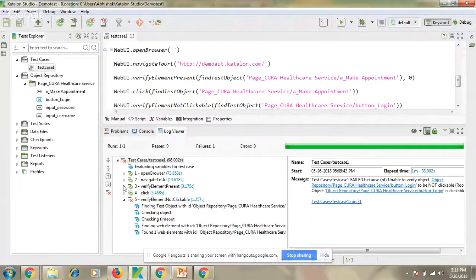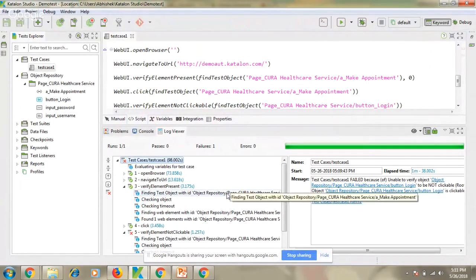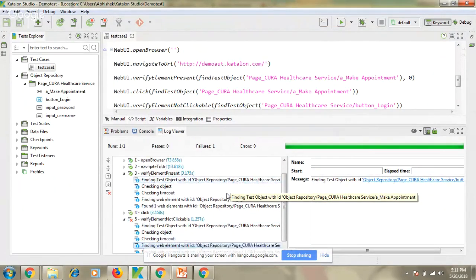You can see the logs. You are verifying the element, you get the URL, then verify it, then click it to the format letter, and then